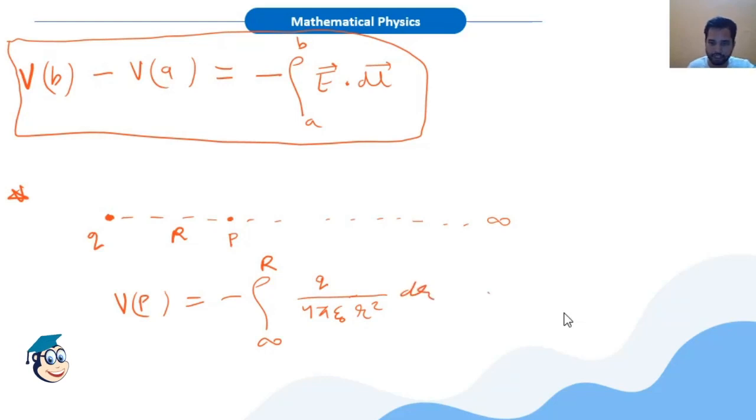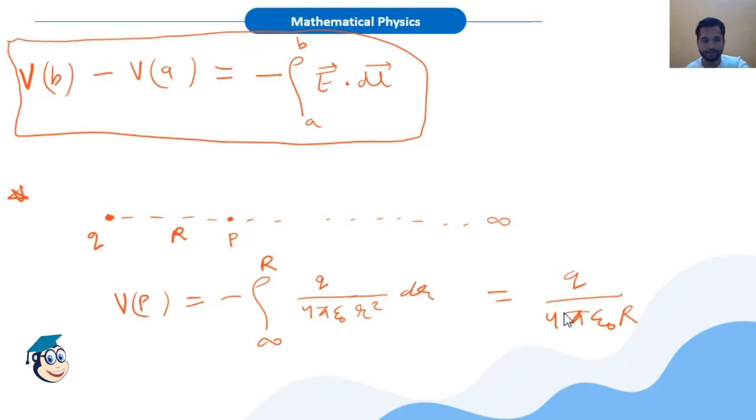After integrating this, so integration is part of class 12th, I am not going to integrate in this session. It is a very easy integration, which is why I'm not spending time on integrating over r. So you will get q divided by 4 pi epsilon naught, and you can conclude from here that for a given point charge, the potential is q, that charge, divided by 4 pi epsilon naught r. R is the distance where you are supposed to calculate the potential.